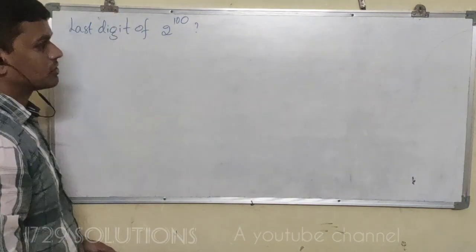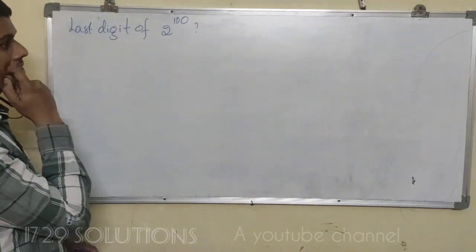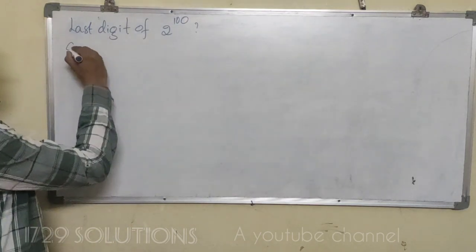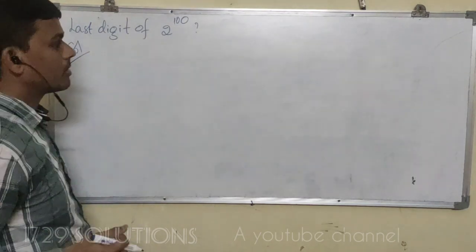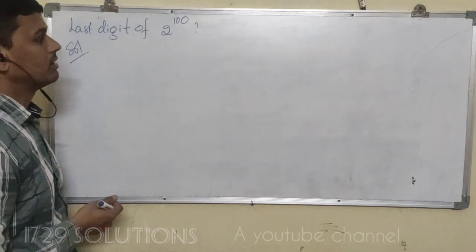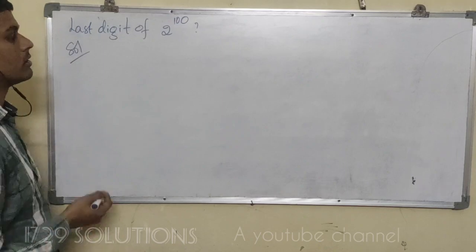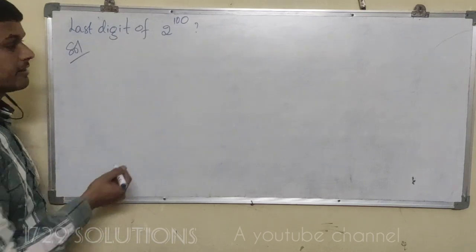They may give this question instead of 6 power 100 in our examination for 1 mark or 2 marks. So concentrate on this. Not like the previous 6 power 100 problem, which is very simple. For powers of 6, you always get 6, but not for 2. So let's use a trial and error method.